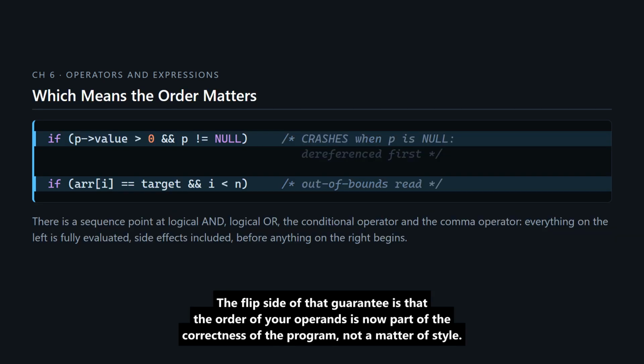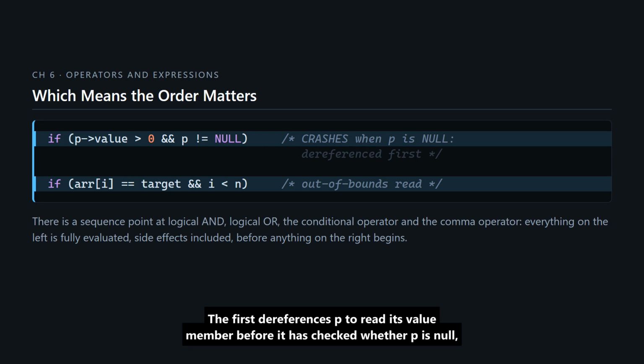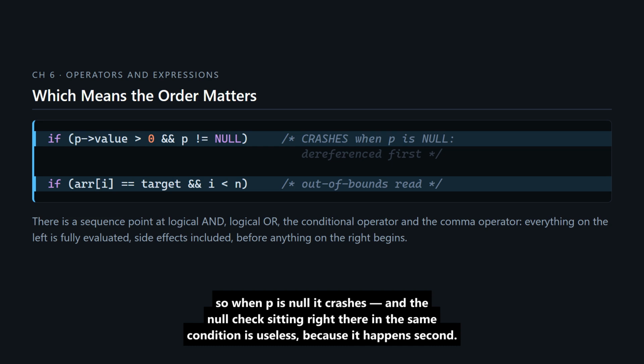The flip side of that guarantee is that the order of your operands is now part of the correctness of the program, not a matter of style. Both lines here are the previous slide's examples with the two halves swapped, and both are broken. The first dereferences P to read its value member before it has checked whether P is null. So when P is null it crashes, and the null check sitting right there in the same condition is useless,